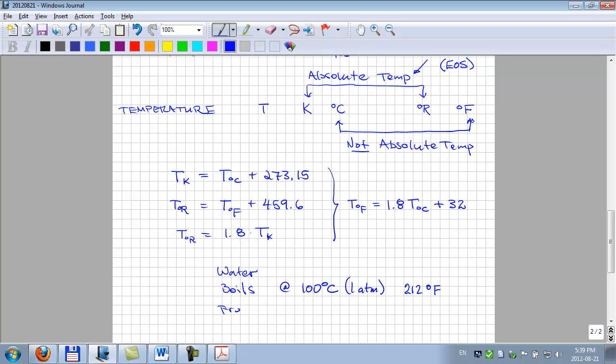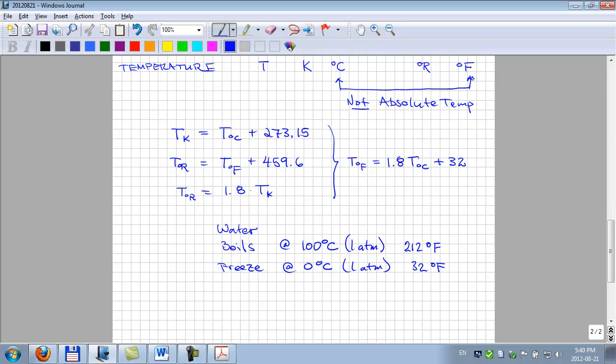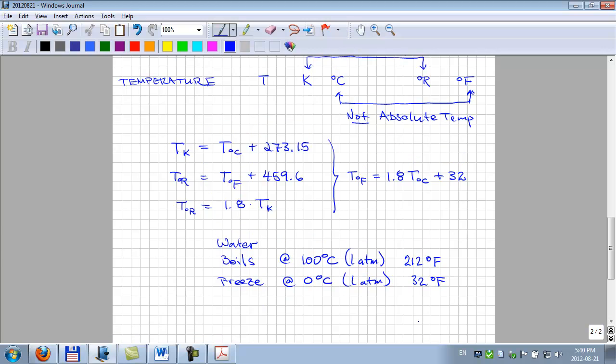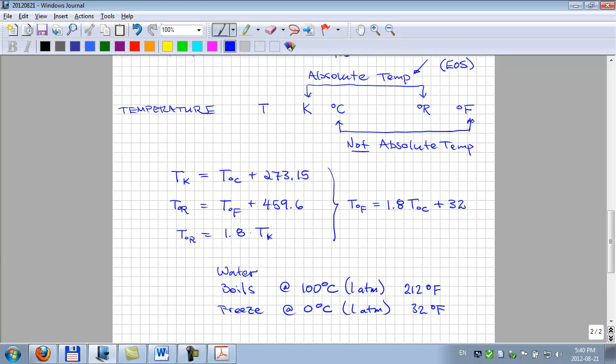And water freezes at 0 degrees C, again at 1 atmosphere, not a big effect, and that's 32 degrees Fahrenheit. So those are the temperature conversions that we need to know, the symbol T, and